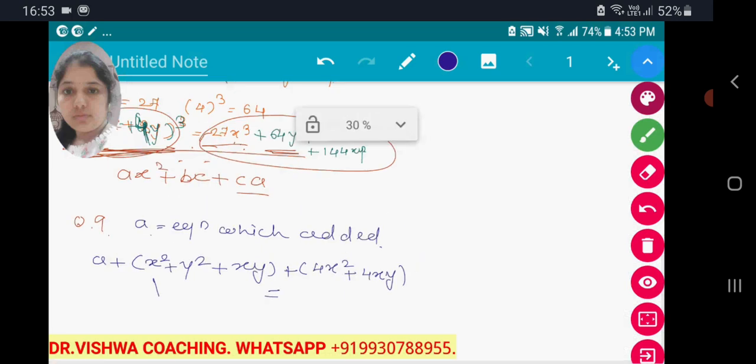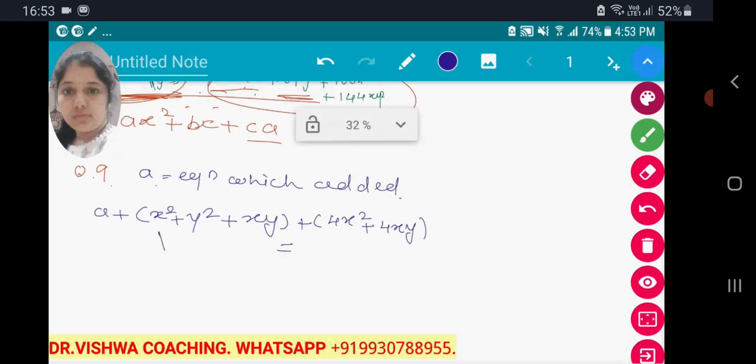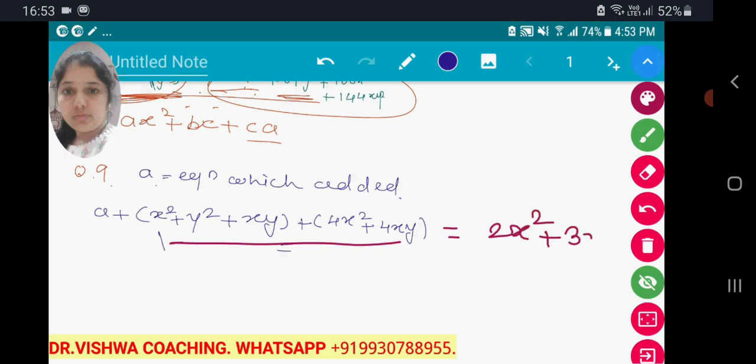Now see, what is given to us? We have to add these two equations and we have to add one equation inside it to get the answer as 2x square plus 3xy. Now we assume that equation as a and we have to add these equations also. So a is equal to 2x square plus 3xy